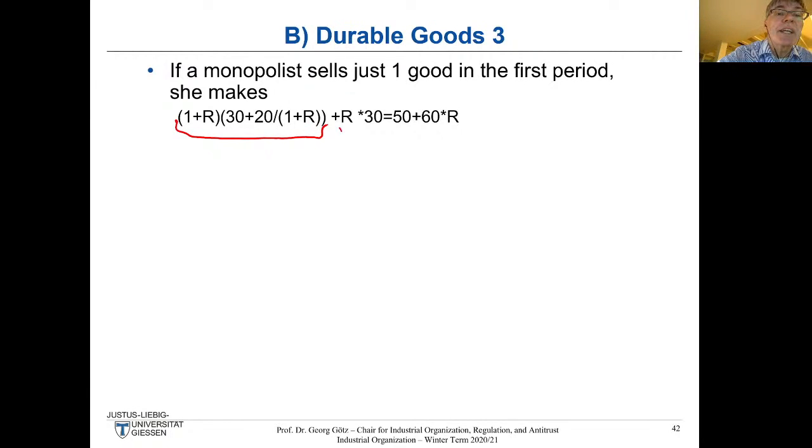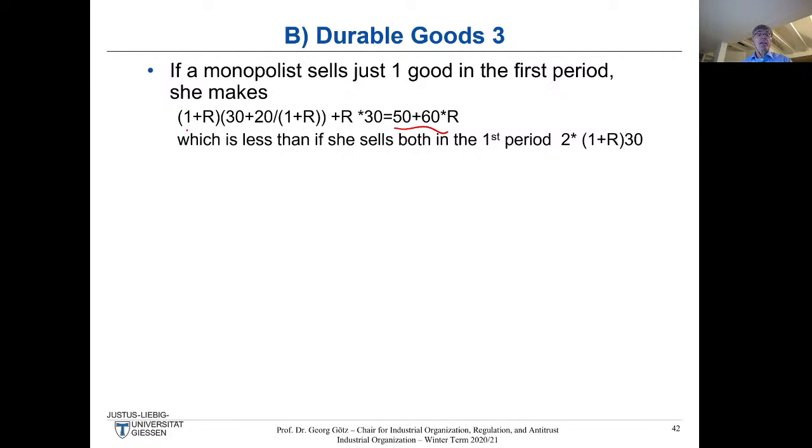That's the price I get from the low value consumer. And this then just gives you 50 plus 60R. So here you have the 50 times 1, and then you get this expression. Okay? And of course, we have to compare that with the situation in which I sell to both consumers in